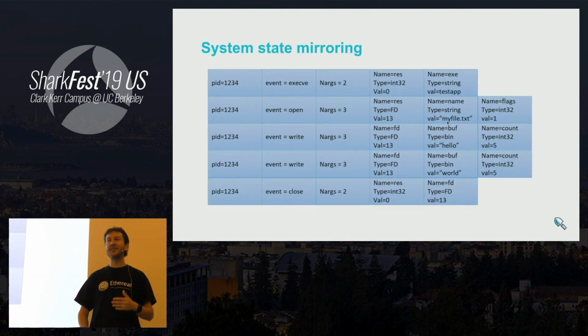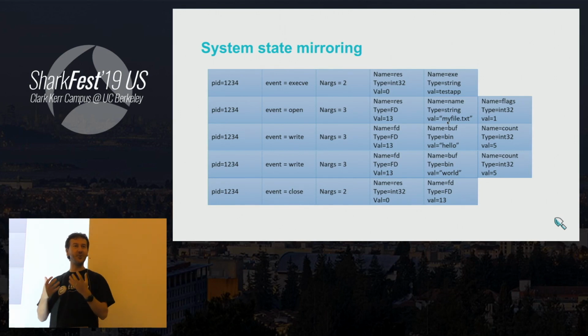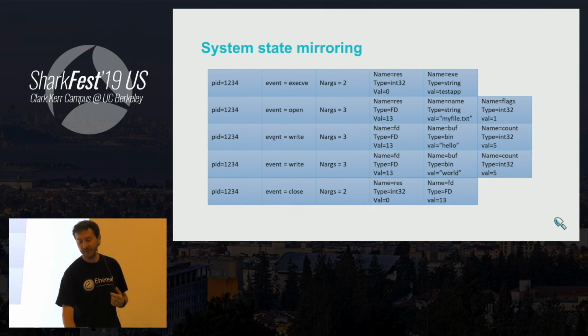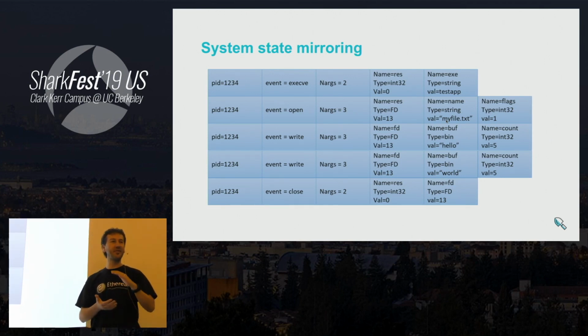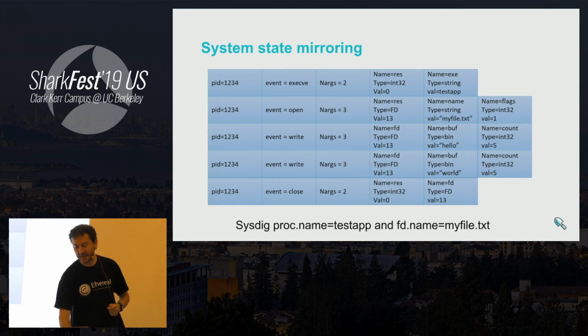The thing that makes it a little bit more complicated is that state is not always contained in the events that you collect. For example, if you just see a write, you will see a file descriptor, which is a number, right? But I don't care about the number. I care about the file, right? So what sysdig does is, if there's a write, there was an open before, right? So sysdig sees the open and keeps track of the fact that the open, which gave me file descriptor number 3, corresponds to a file called myfile.txt. So sysdig keeps at user level sort of a mirror of the file descriptor and process tables of the operating system